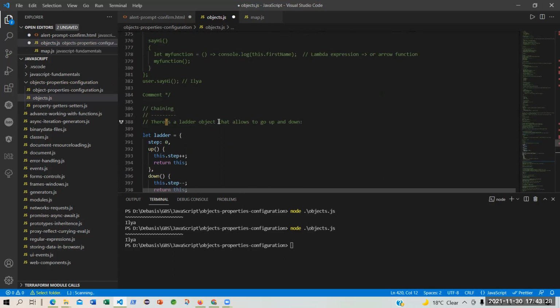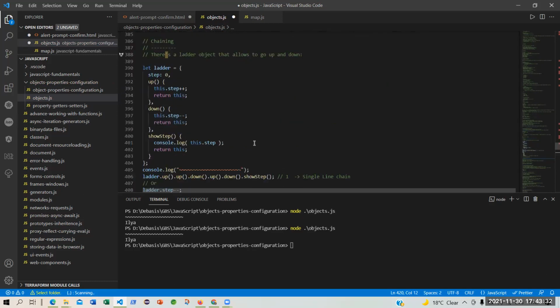There's a ladder object that allows you to go up and down, up and down. So it is a simple application of your object concept. Let's say there is a ladder. Ladder is an object.